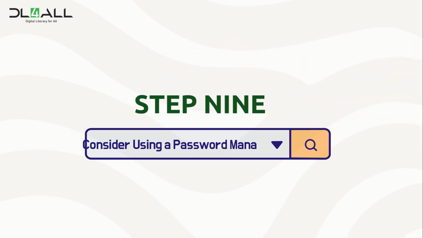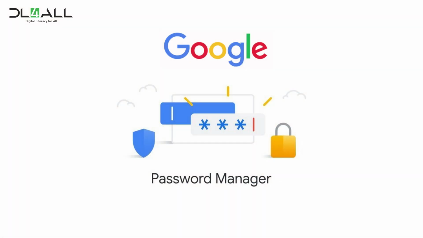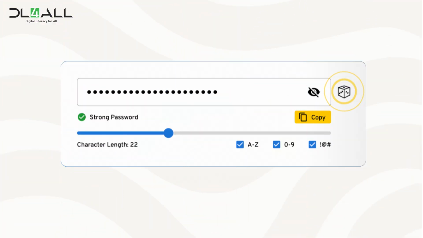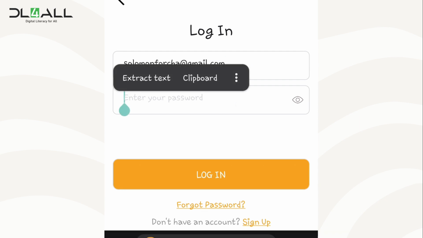Step 9. Consider using a password manager. To help manage and generate strong passwords, consider using a reputable password manager. Password managers can securely store your passwords and autofill them when needed, making it easier to maintain strong and unique